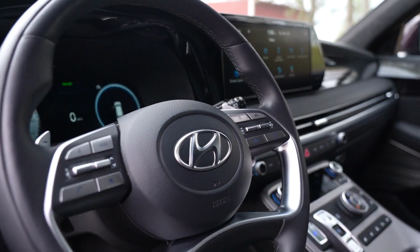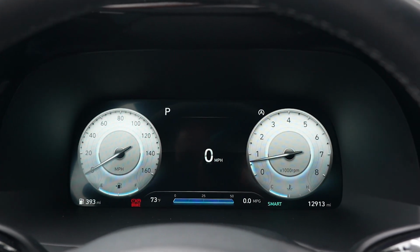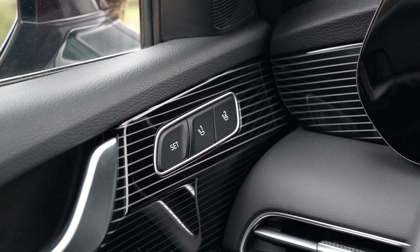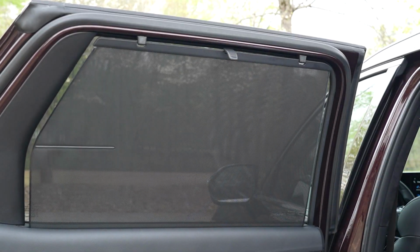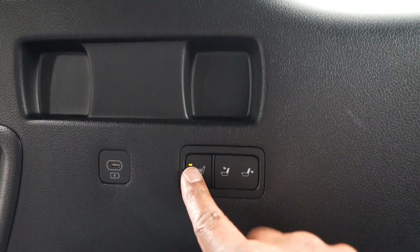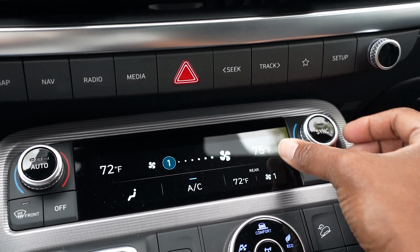The interior showcases a leather-wrapped steering wheel, power front seats with Napa leather seating surfaces, 12.3-inch digital instrument cluster, heads-up display, driver's ergo motion seat, integrated memory driver's seat, second row captain's chairs, manual rear side window sunshade, power third row seats, heated front, second row, and third row seats, heated steering wheel, ventilated front and second row seats, tri-zone auto temperature control,